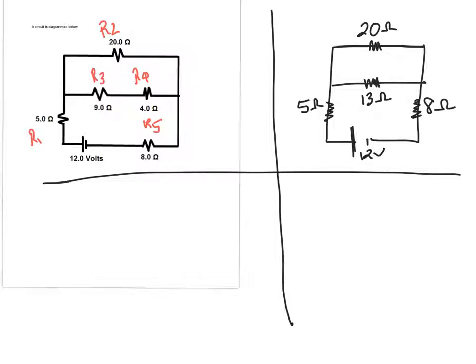Let's redraw it again, now simplifying resistor 2 and resistors 3 through 4, treating them as a single resistor. But first we have to figure out what their total resistance would be. Total resistance in parallel circuits: resistance in parallel for resistors 2, 3, and 4 is equal to